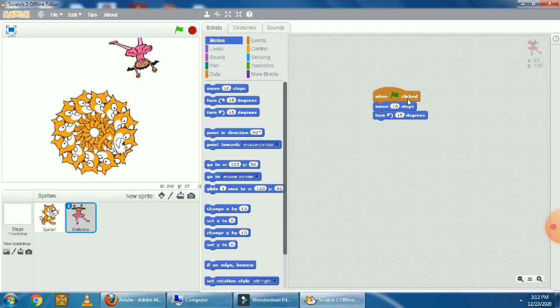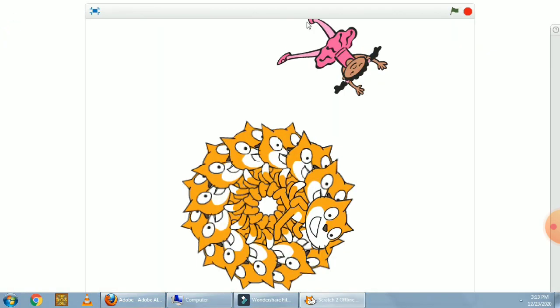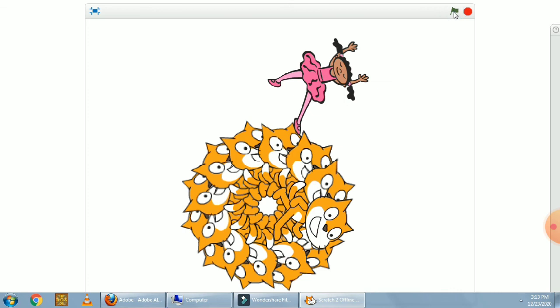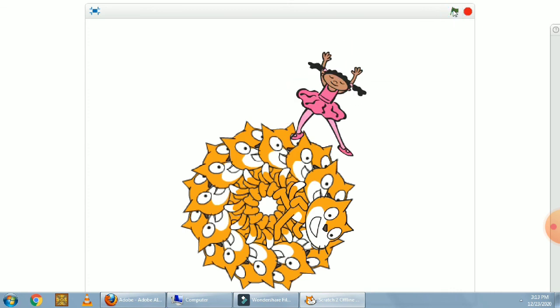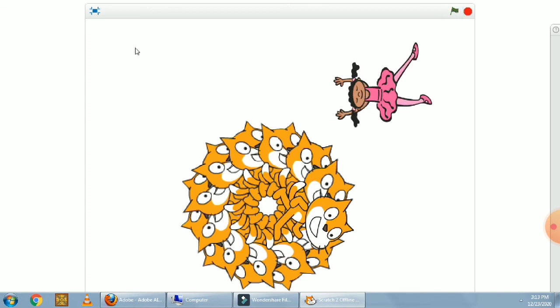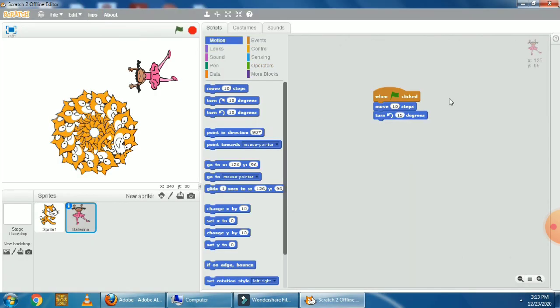It will be helpful when we make our project full screen. So this is our full screen stage. At that time we want to execute the program. When we click on this green flag, it executes both commands and the sprite will move as per our commands. So this block is used when we execute our program in full screen. Okay, so these are the two blocks of the control block.